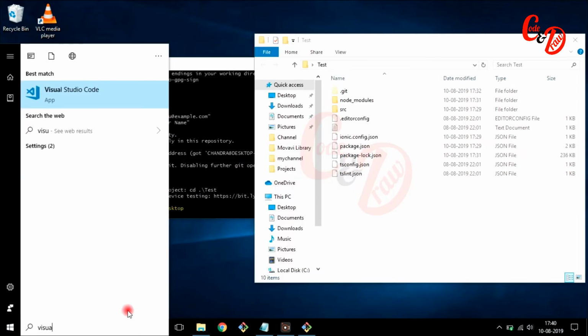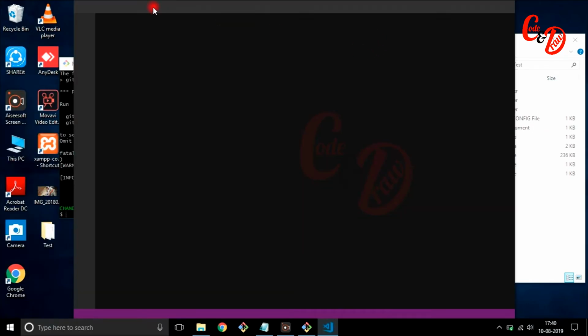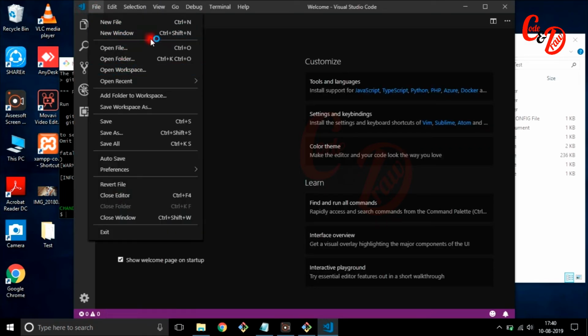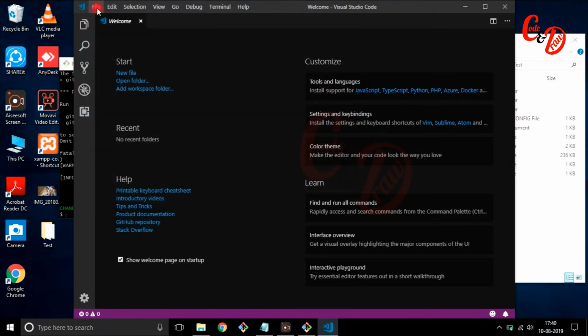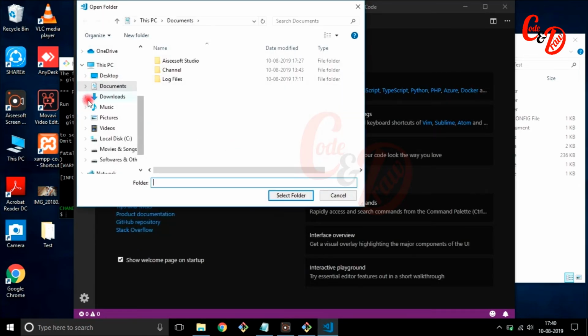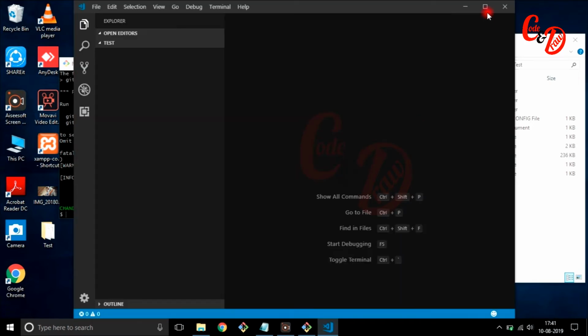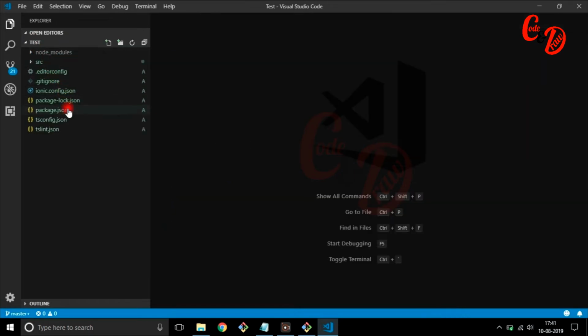Now open Visual Code and open folder in the file menu. Go in the file menu and open folder, and then select the folder, like test. I have given the name test on the desktop. You have to select the folder where you have created it. Choose the path and go through that. After selecting